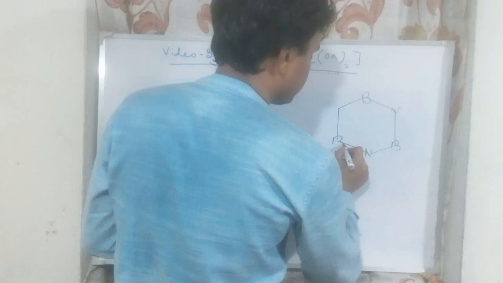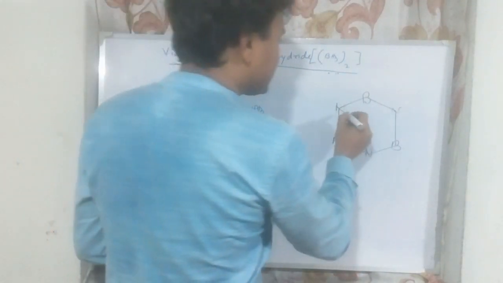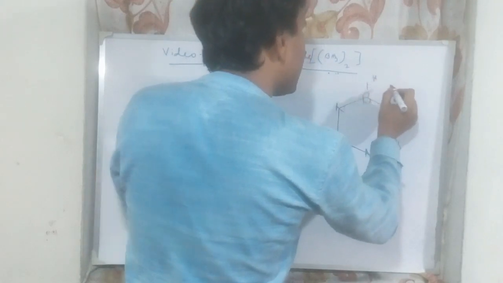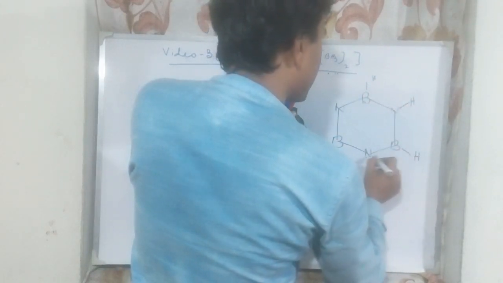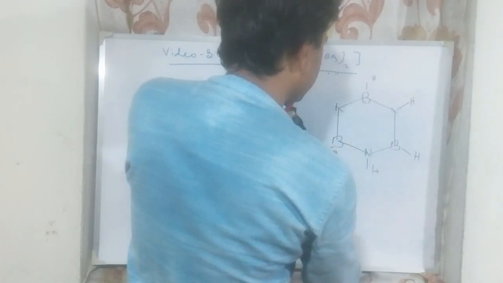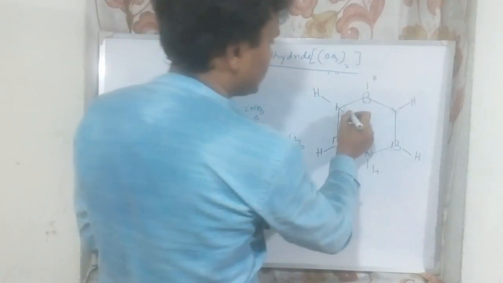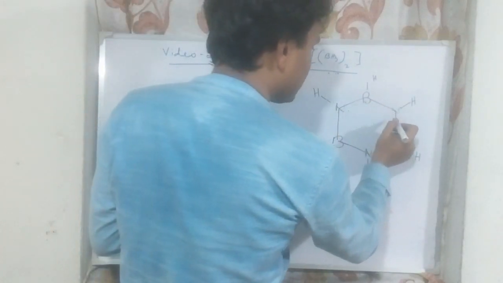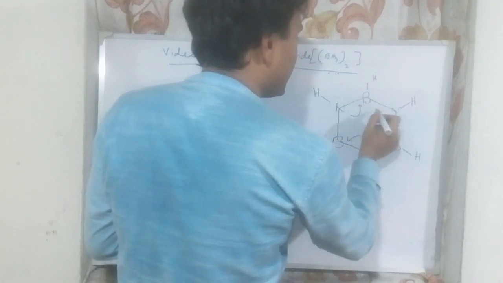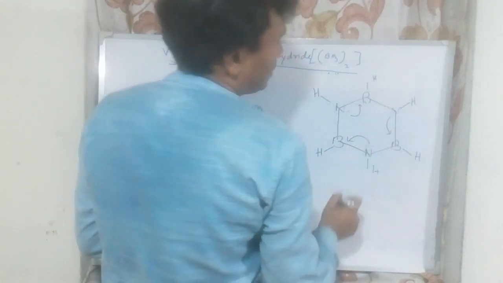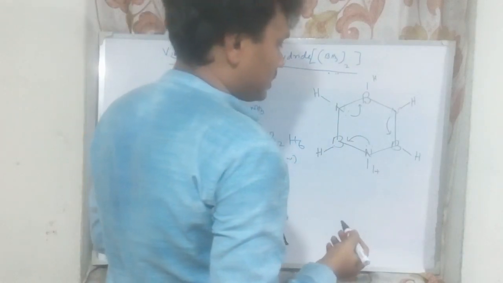Okay, and after that put 6 hydrogens attached to the 6 atoms of 3 nitrogen and 3 boron. And another thing, nitrogen has a lone pair and boron has a vacant orbital, so this lone pair could be donated to the boron, and in this way